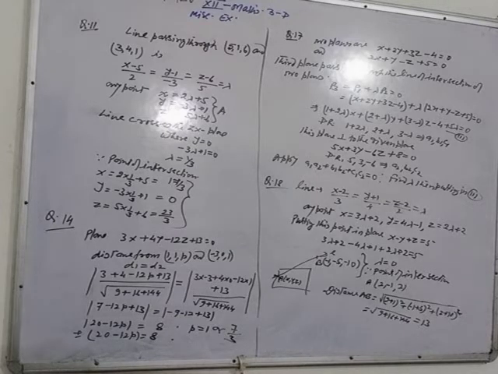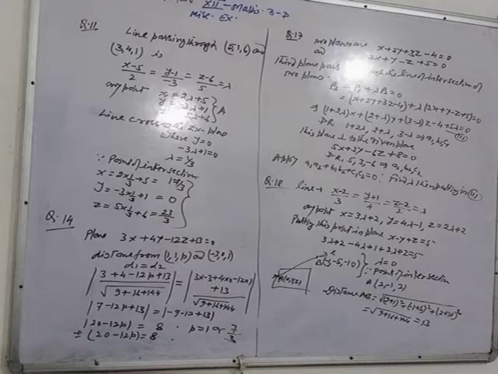You can take this point as A. Suppose the line intersects or crosses the given plane at this point. Your plane is the zx plane, where y is equal to 0. So putting y equal to 0 in point A, minus 3 lambda plus 1 equals 0, then lambda is 1 by 3. Putting this value of lambda in point A, you get the point of intersection x, y, z.